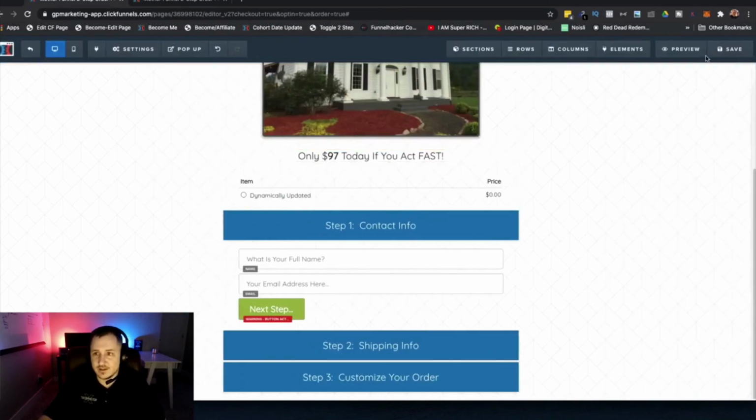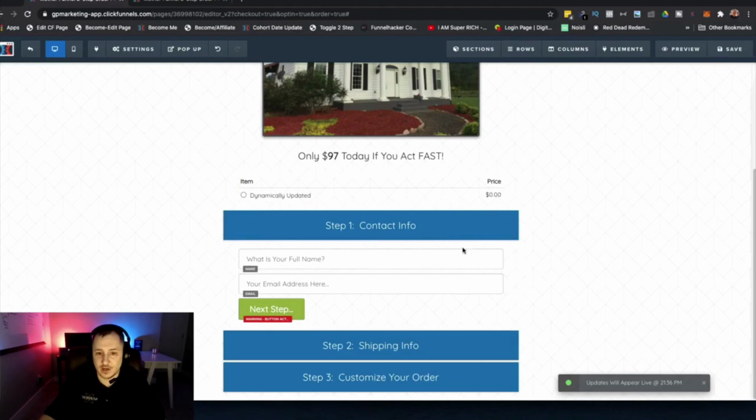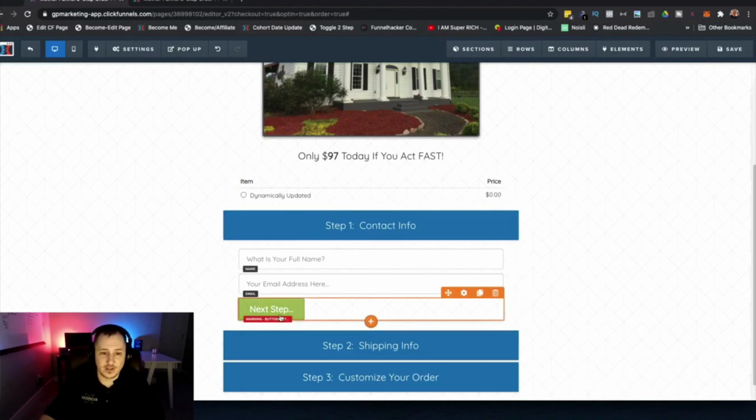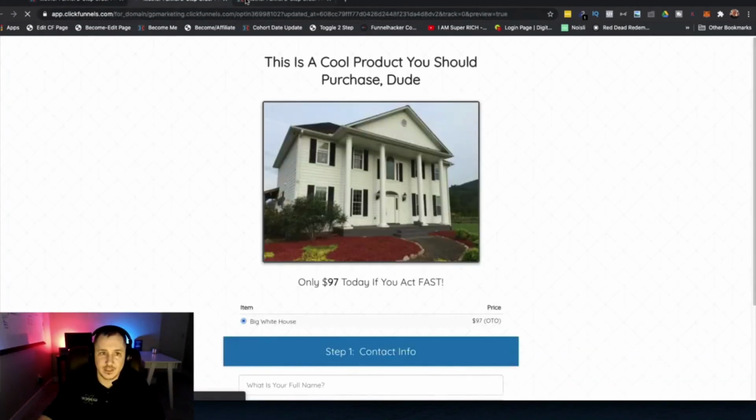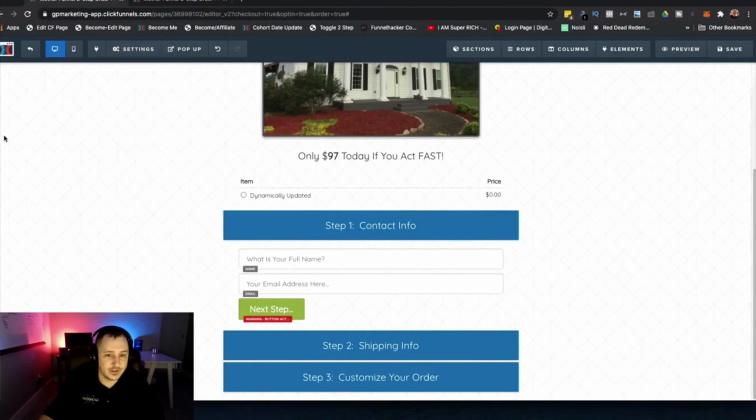So when you save this and send people to this landing page, this is what they're going to see. And when they click on the next step, it's going to automatically unlock these next 2 sections. Actually, this isn't going to work until we add our code. So I'm going to show you that in the next video, and then I'll take you through another quick run through so you can see how this works.